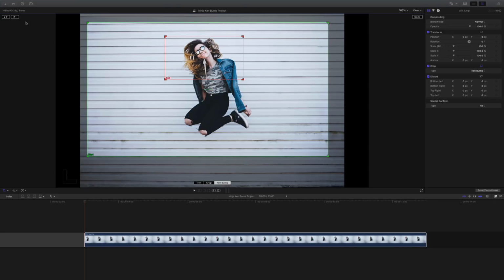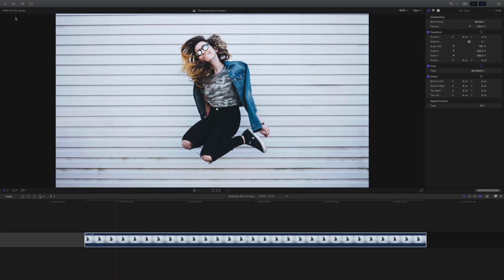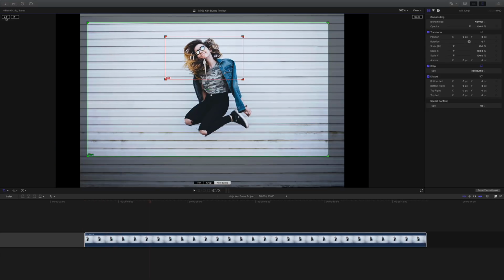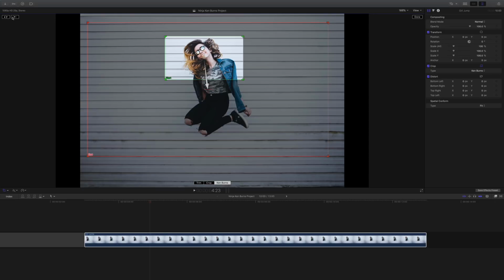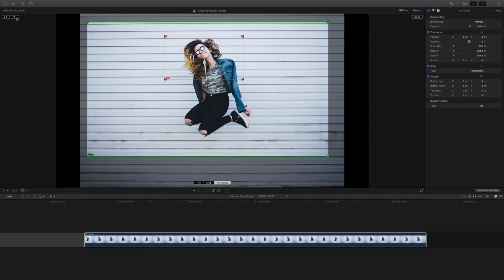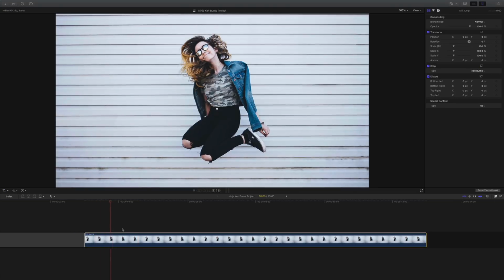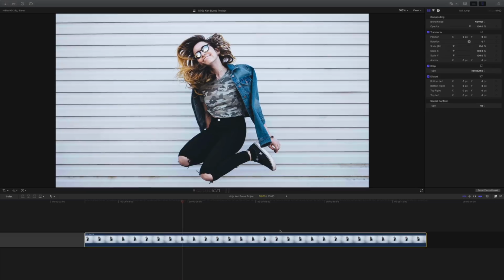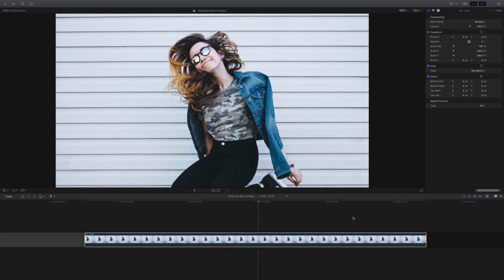Now I'm sure you're pretty familiar with these. That's a preview button on there, and also this swaps the end to the front and the front to the end, so it's a quick way of reversing the move. And I'm sure you've seen some tutorials that people have done by using that, by duplicating things. So at the moment, it's done on there, and we have a fairly standard Ken Burns move,